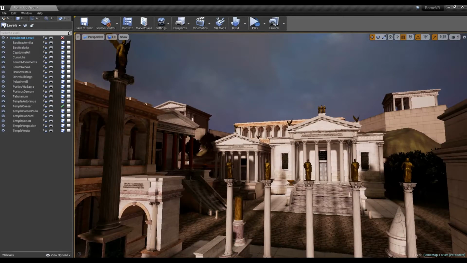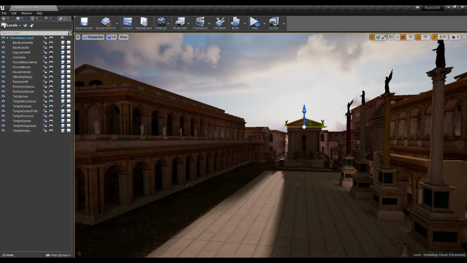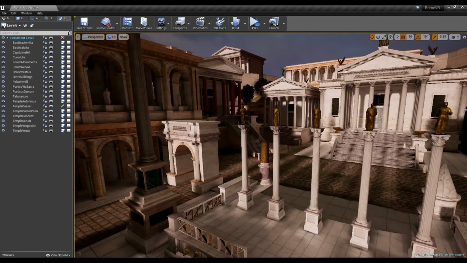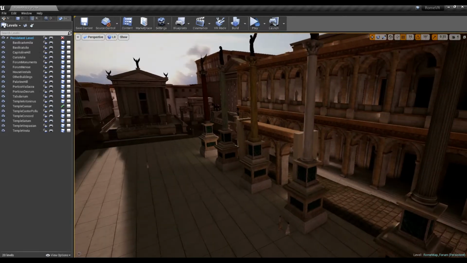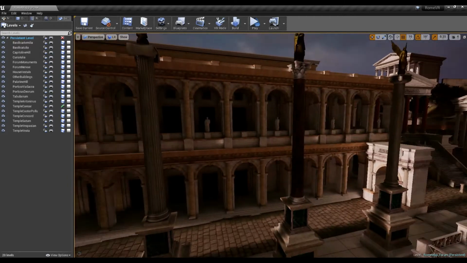So the new approach is to move all this work, right now here, to a new map, to a new project, in which all the objects are more optimized to run in VR and to be scaled, so the full city can be created. Because if I have to create all the city of Rome using this approach of small objects composing bigger objects, then at the end it will